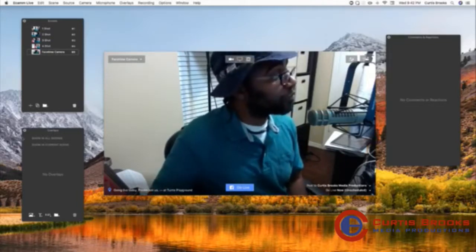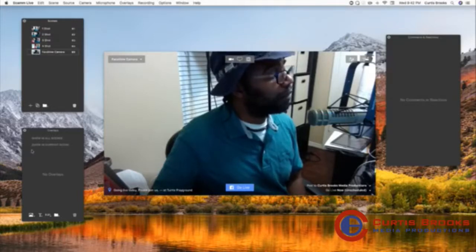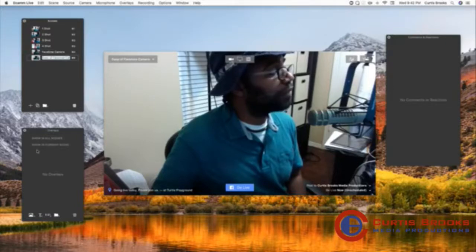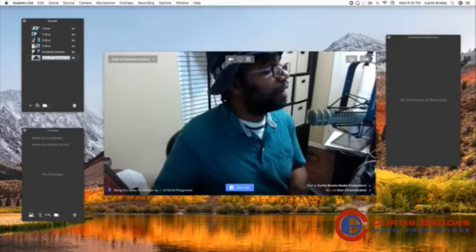Again, this is where you set that scene up. You create a new scene, and you can double click to name it. We've already named it, so we click out of it. You add the plus sign to add a scene. Now you want to duplicate that scene. This scene is already highlighted, so let's duplicate it. Now I have a copy of the same scene, which is scene 6.